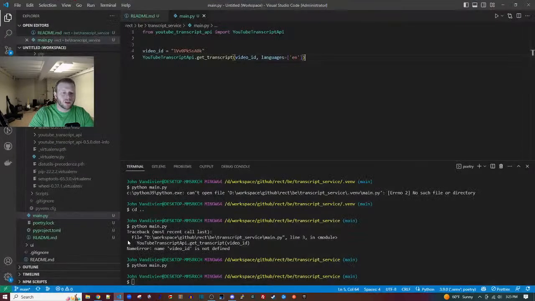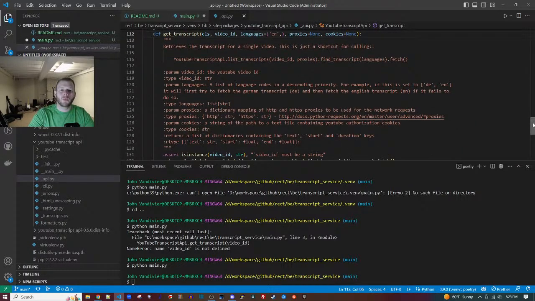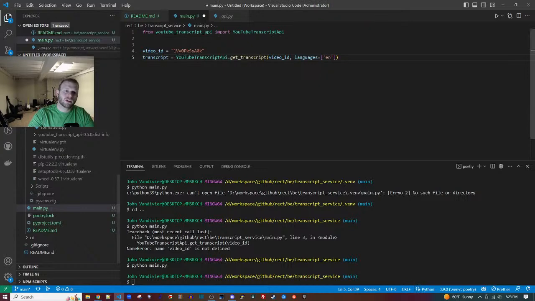All right, let me see this variable. So this is going to be transcript, I guess. And I'm hovering, I'm seeing the type says any, so I guess it's not really typed yet. They didn't type this library out. It says it returns this, a list of dictionaries containing the text, start, float, duration keys. Got it. Yeah, no, that makes sense.